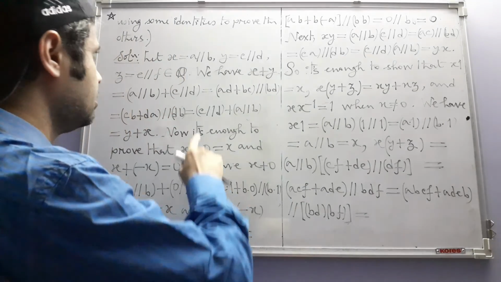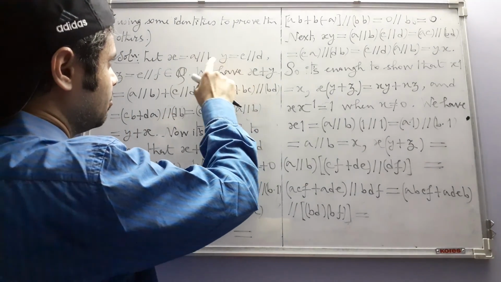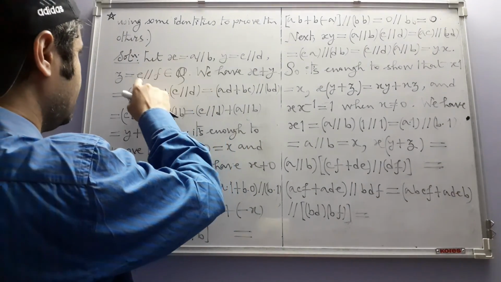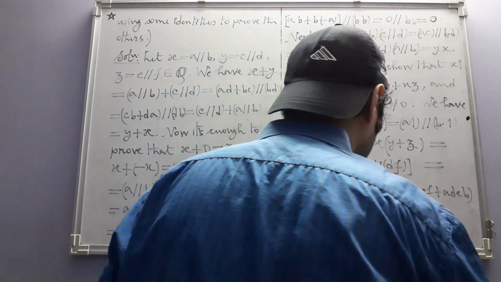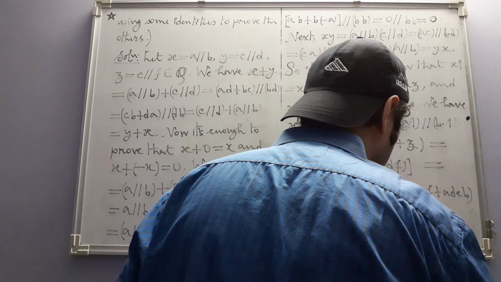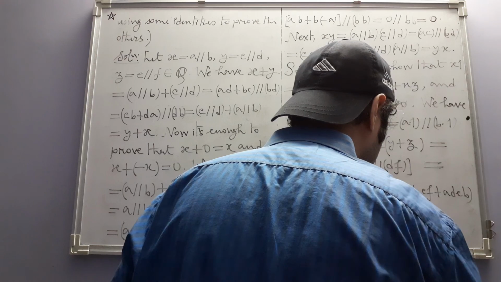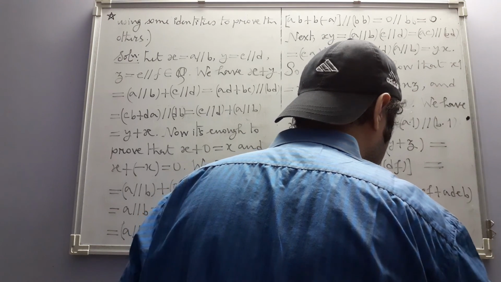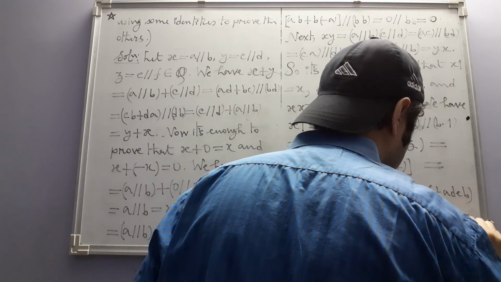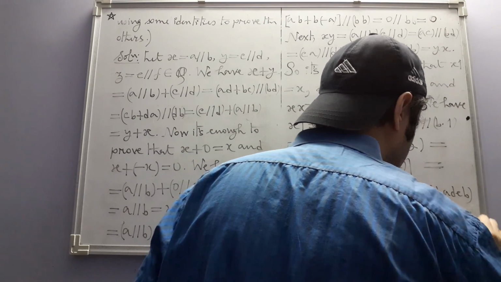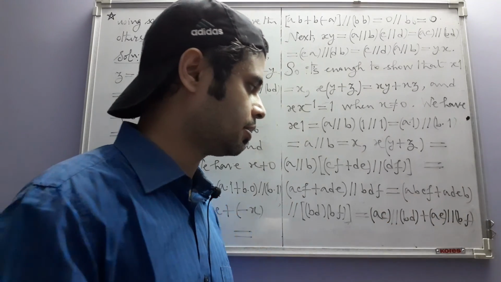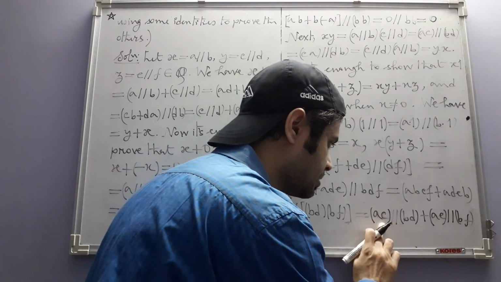Now xy is ac divided by bd and xz is ae divided by bf. So ac divided by bd plus ae divided by bf. Do we get this when we perform this addition? Let us see. ac times the first